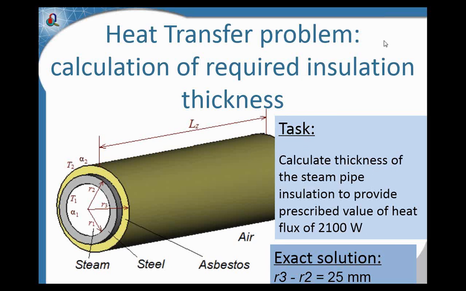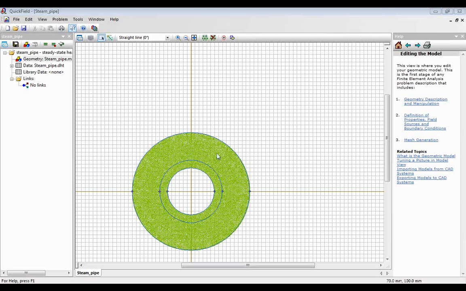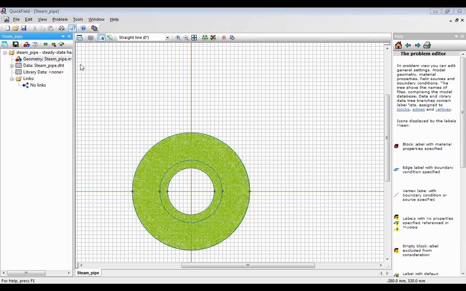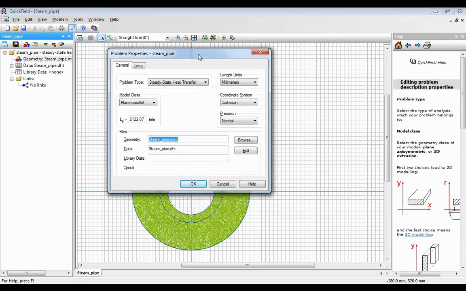Now let's go to QuickField and try to solve this problem. So that's a geometric model, and the problem properties are the following. It's a steady state heat transfer problem. Model class is